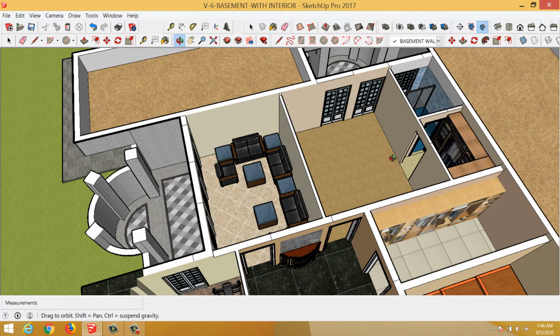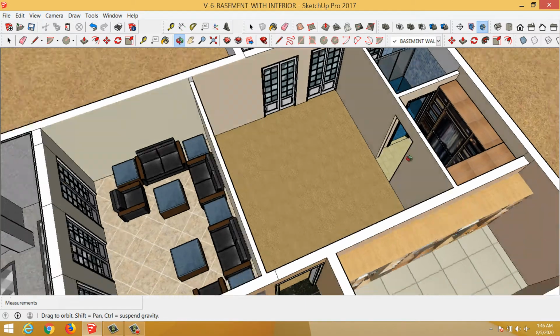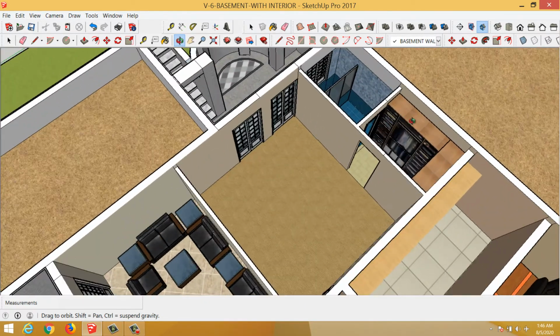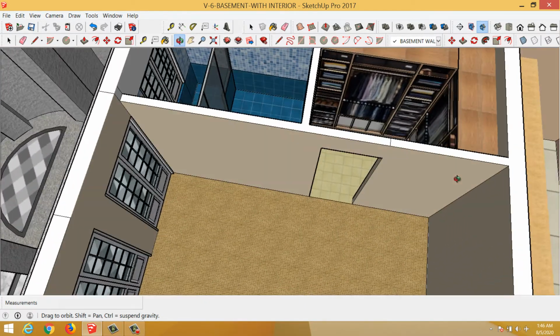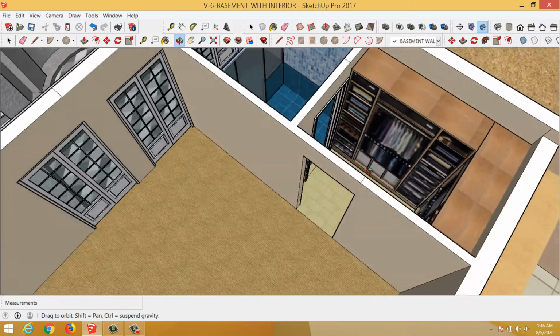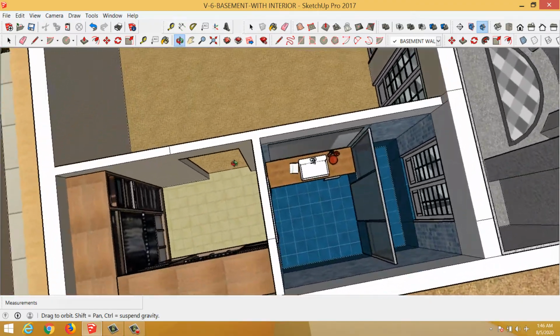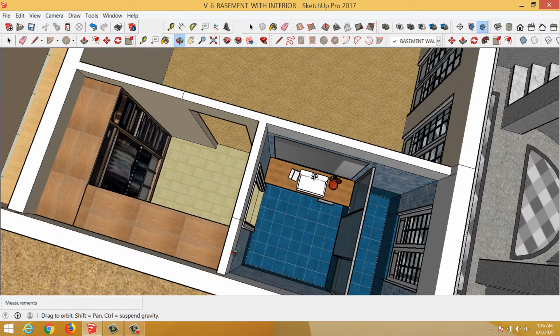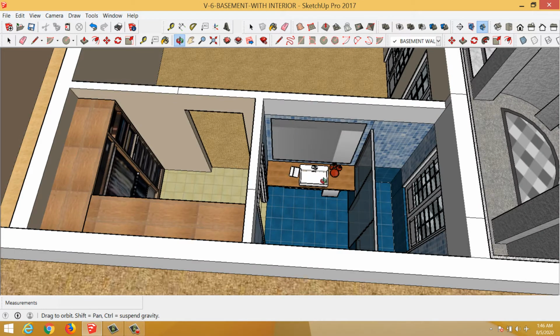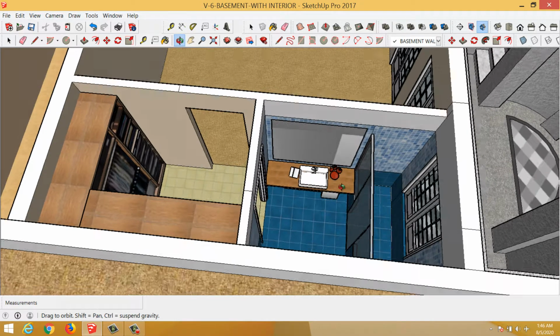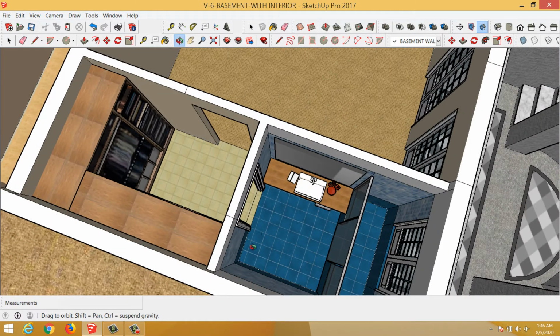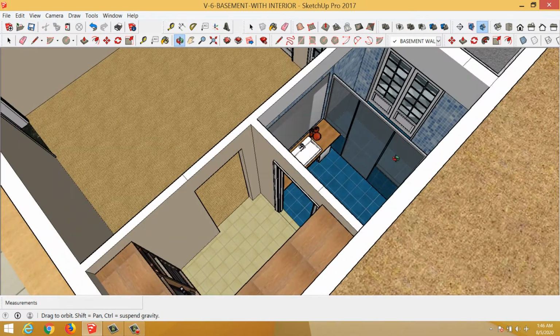So this is the bedroom, and from the bedroom you come into the dressing area, and there's a dress room here, and from the dress room you come into the washroom. As you can see again, the WC is missing, but there's a mirror, there's a vanity here. This is where the door will open here, and at the back of the door there will be the WC, and this is the shower area.